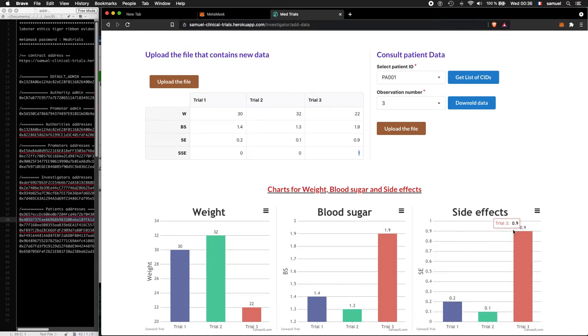And since the value recorded for the side effect is close to 1, which is the maximum value, this value is considered a serious side effect. That's why we have put 1 here, and this information has been sent to the smart contract, and the smart contract now knows that there are some serious side effects.